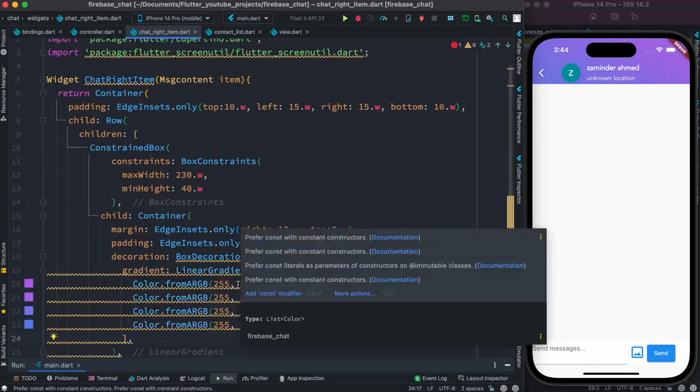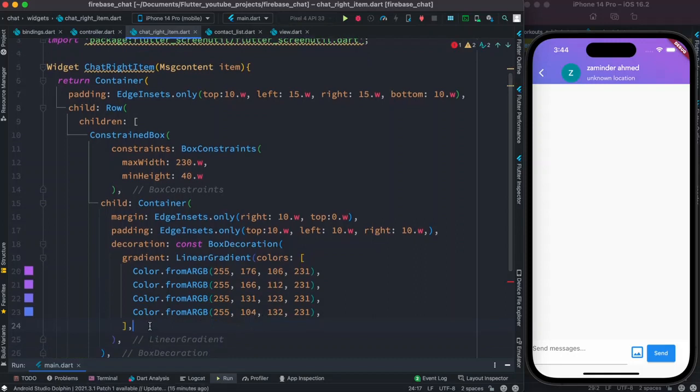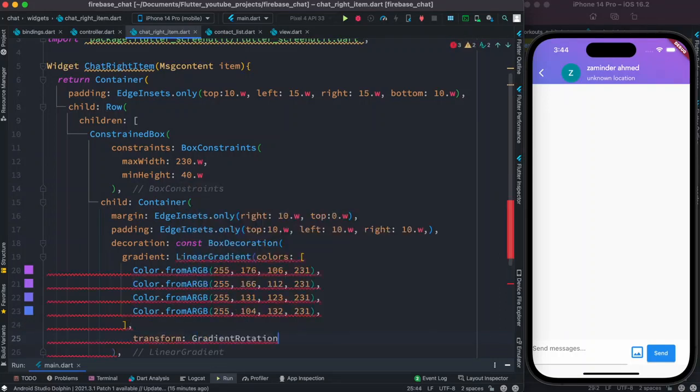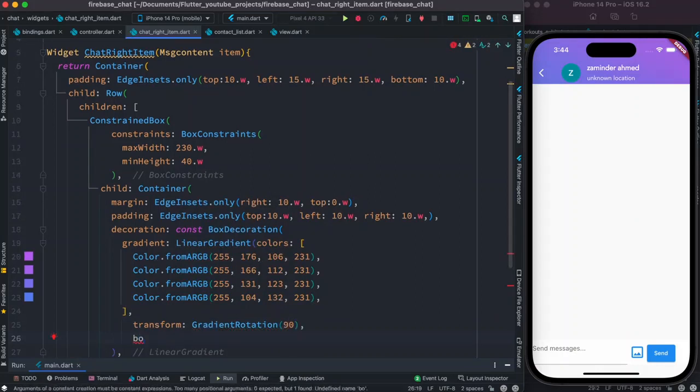So our messages and app bar, the top bar, would almost look similar. Now this is the message background, not the message itself. So here we'll set up another property called transform and GradientRotation. Here we'd also do 90, and after that we can set up border radius,